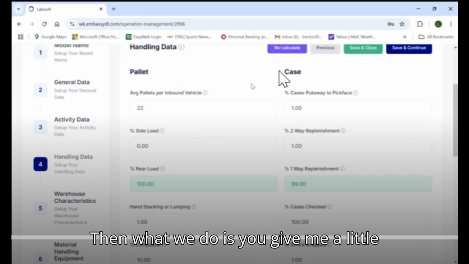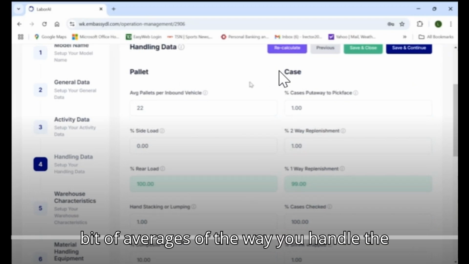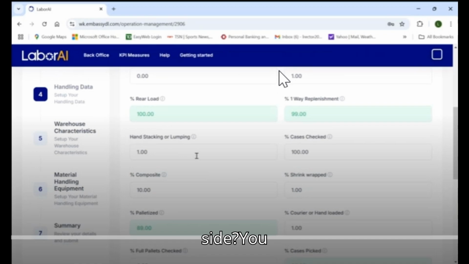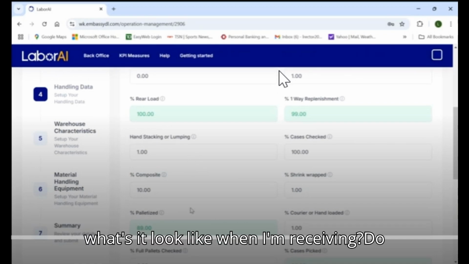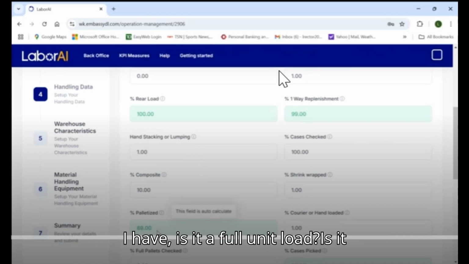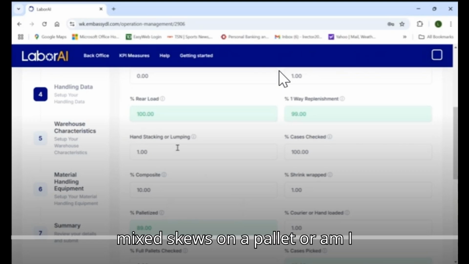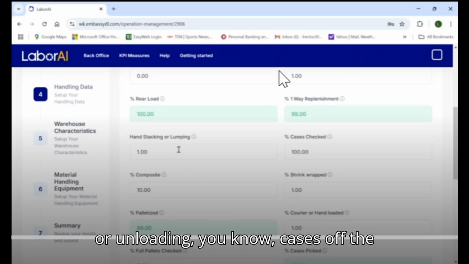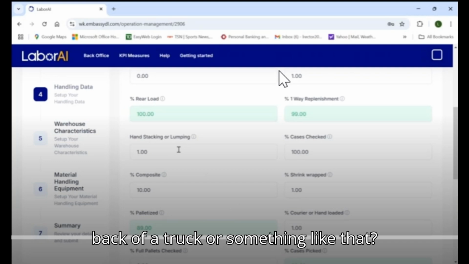Then what we do is you give me a little bit of averages of the way you handle the business. How many trucks or how many pallets come in on an inbound truck? Is it coming off the rear or the side? What's it look like when I'm receiving? Is it a full unit load? Is it mixed SKUs on a pallet? Or am I destuffing a container or hand stacking or unloading cases off the back of a truck or something